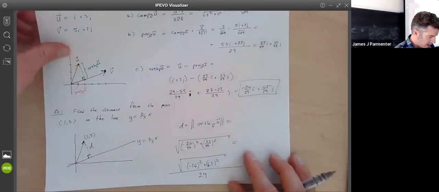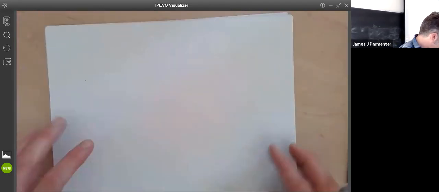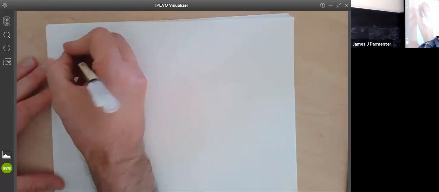So a couple other things about the dot product. One really good thing to know, well, in fact, one way to think about the dot product, first of all, is that if you're,